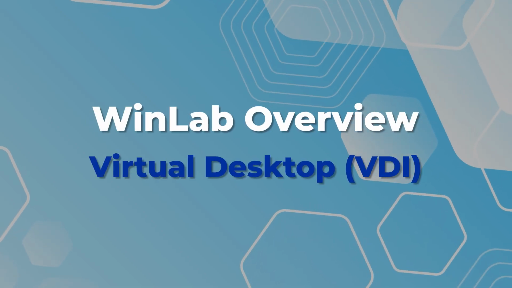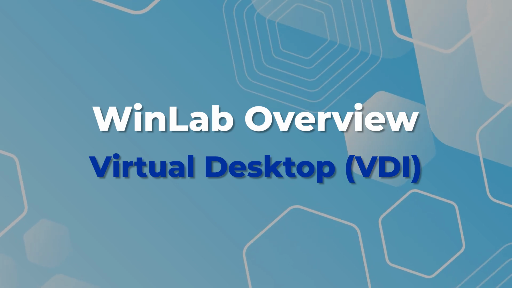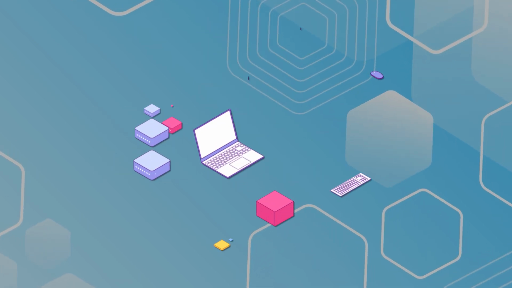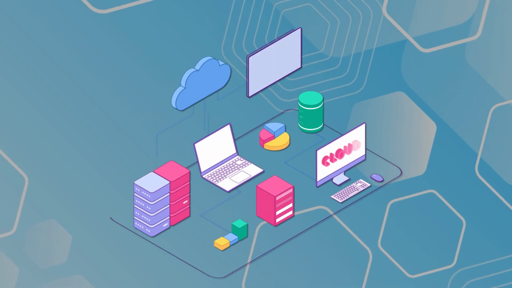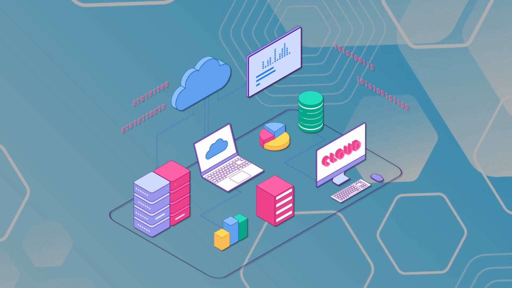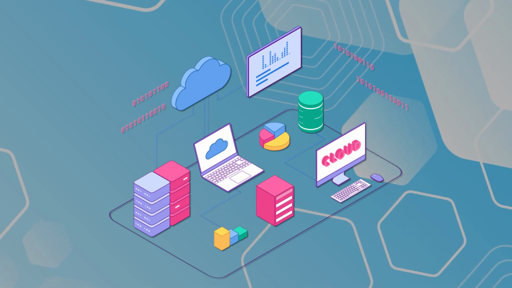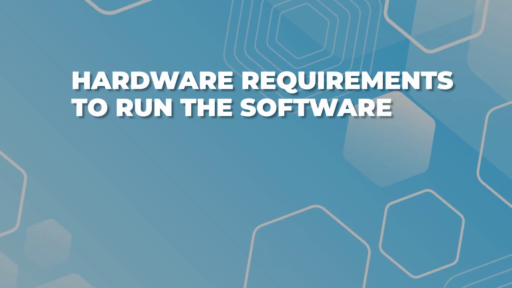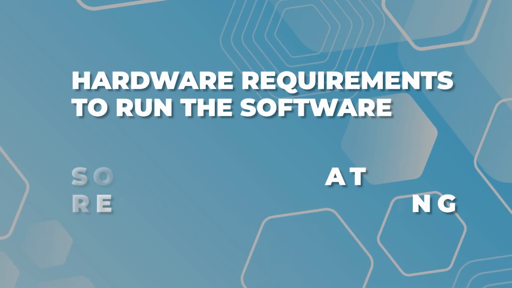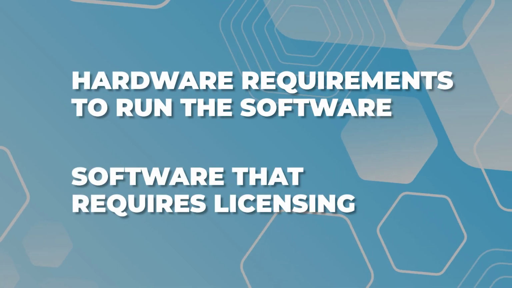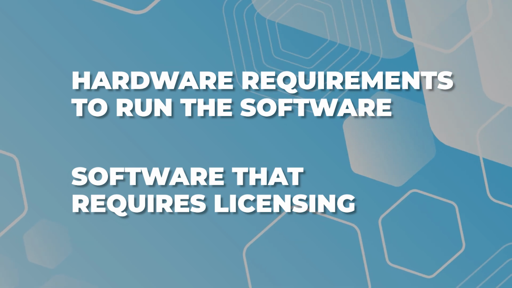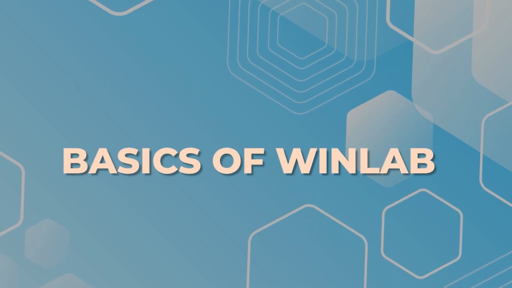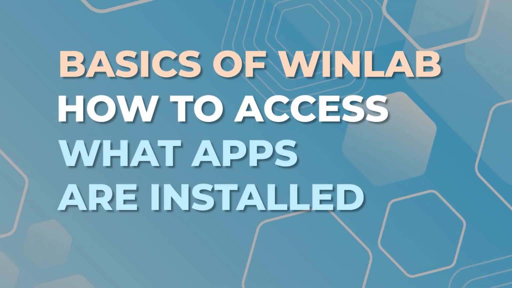This is what is called a virtual desktop, or a VDI environment is another term for it. These virtual machines are like using a computer that lives somewhere else, and you're just connecting to it over the internet. A reason you might want to use a virtual machine is because your system may not have the hardware requirements to run the software, or you may need to use the virtual machine because it has software that requires licensing. In this video, I will go over the basics of WinLab, how to access it, what apps are installed,